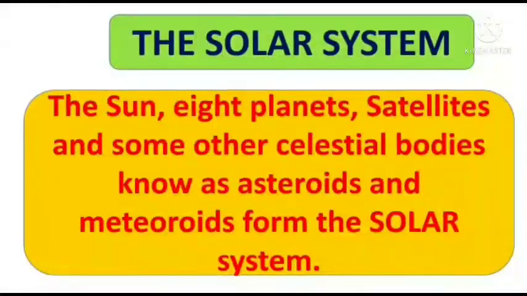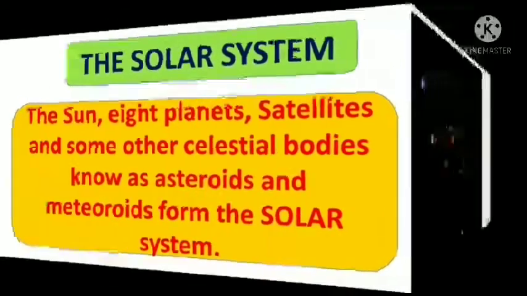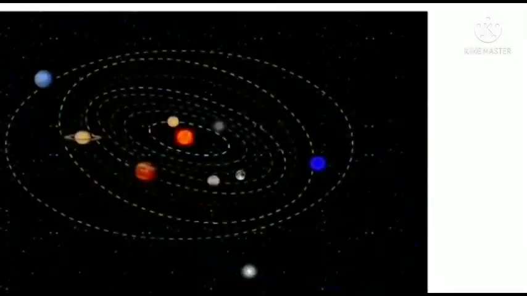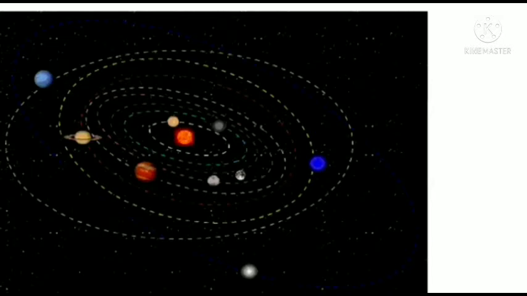The Sun, 8 planets, satellites and some other celestial bodies known as asteroids and meteoroids form the solar system. So students, what is the solar system, how did it originate, and what are the different characteristics of the solar system, we will discuss in this chapter, the second chapter, the origin and evolution of the Earth. So look at the picture, students, this is the Sun and the solar system, how it